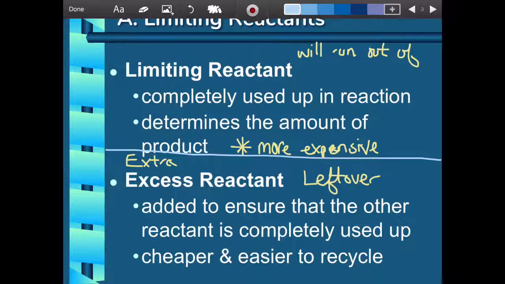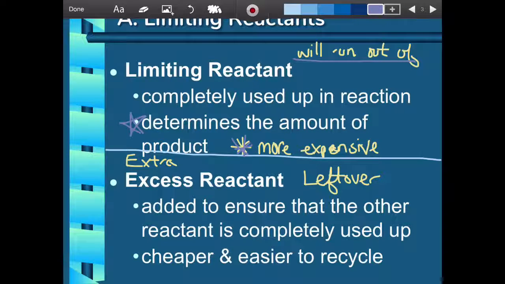So if we were to come up with some actual definitions for limiting reactants, we know that limiting reactants will be completely used up in the reaction. These are the things that we are going to run out of in the reaction, and it is what determines the amount of product that can be formed. Now, these are typically more expensive ingredients because we don't want to waste them. So we want those to be our limiting reactant, so that we don't actually have extra of those